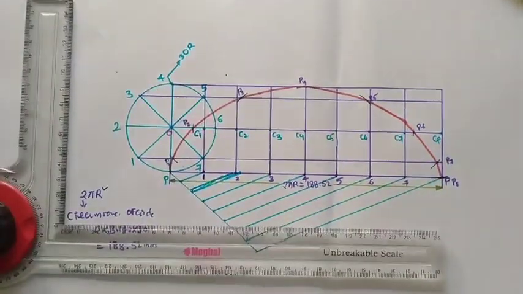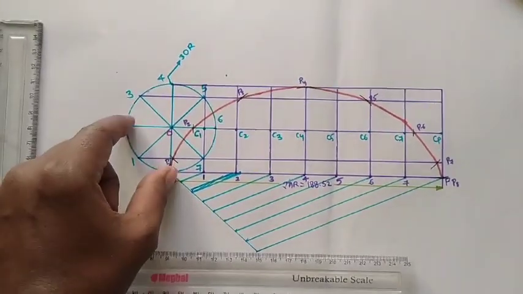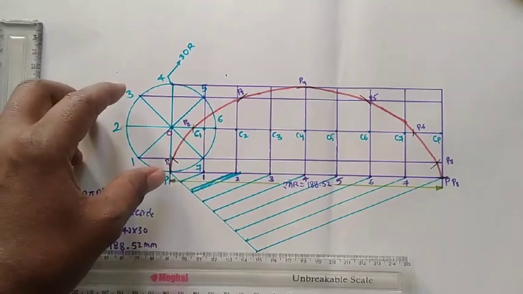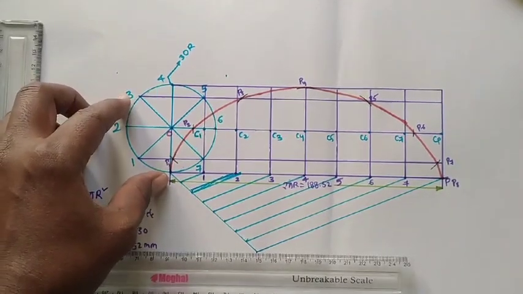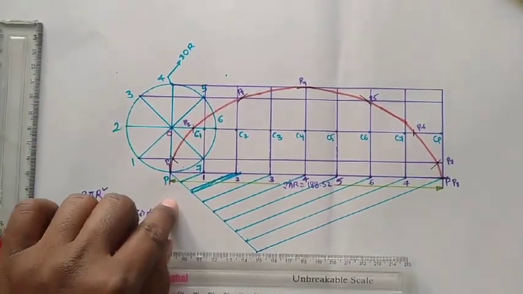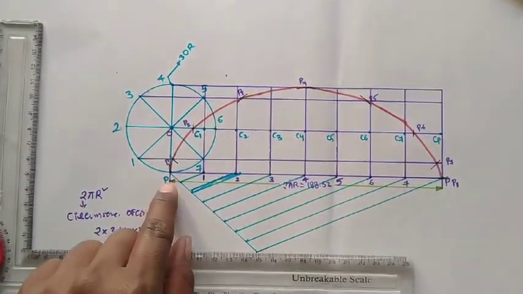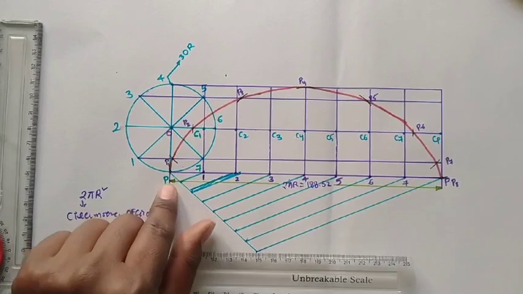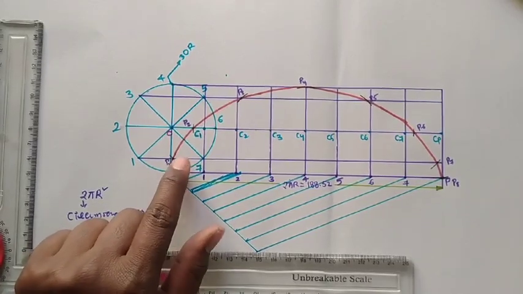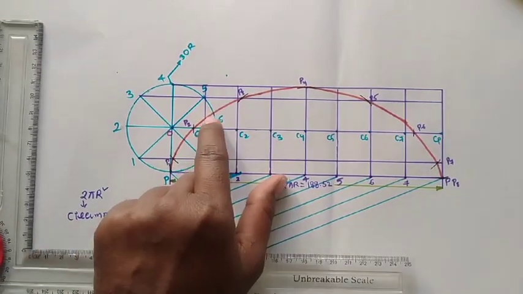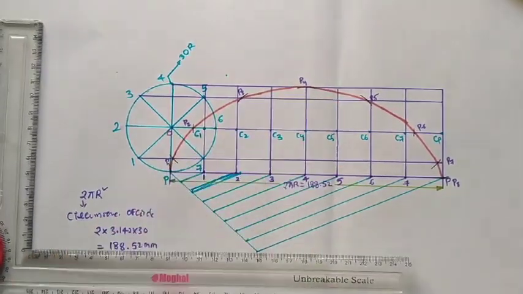This is the locus of point P when the circle starts rolling along a straight line without slipping. When the circle completes one full rolling, you have to draw the locus of point P, okay. Locus means the direction of point P. When the circle completes its full rolling, this curve will represent the direction or the locus of point P.